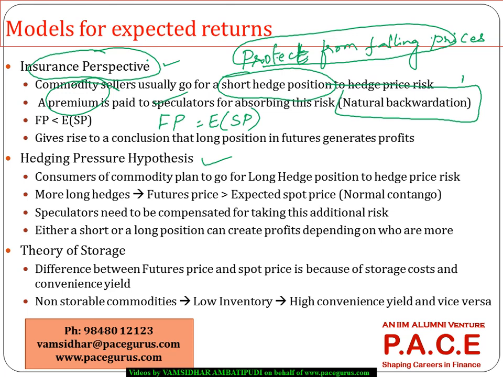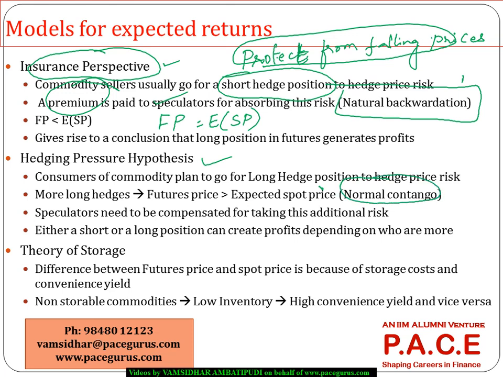So in that scenario, when a large set of consumers are getting into commodity futures contracts in the long hedging position, more speculators exist who are willing to take a risk only if the futures price is greater, that is, they are compensated slightly more than the expected spot price, the premium for taking on that additional risk. They should be compensated for that extra risk that they are taking,